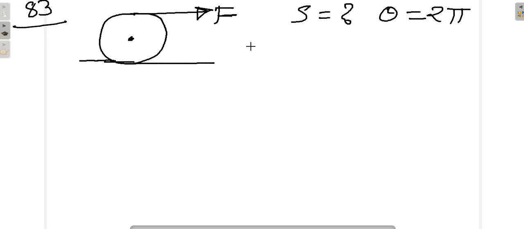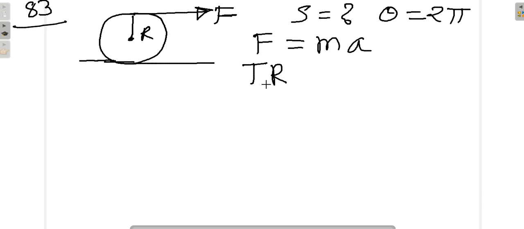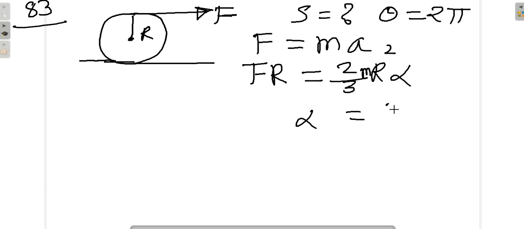So let us have two equations here. The first equation is F is equal to ma, and the second equation is the torque equation. The torque will be given by F into R is equal to I alpha. What is I? It is a hollow sphere. So that gives you alpha as 3F upon